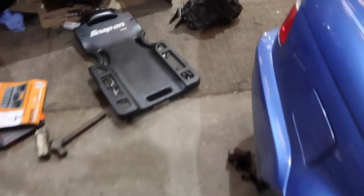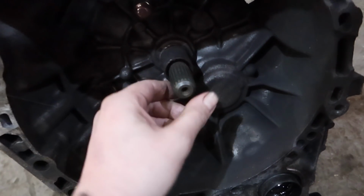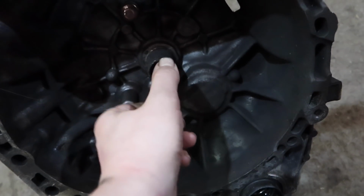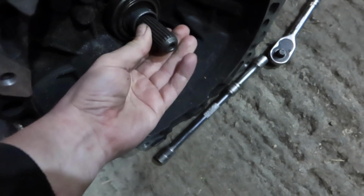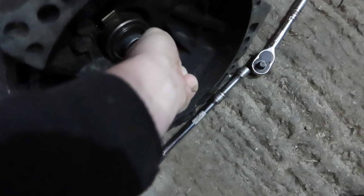Right, something interesting's happened, so it's time for me to show you. So I got the gearbox off, not that one, this one, and I was slightly concerned about the replacement box because of one thing, which is that input shaft. Now if I turn that, real nice and smooth, feels good, everything's alright. That's the gearbox that was on the car. Now if we come back to this one, which has been fiddled with,